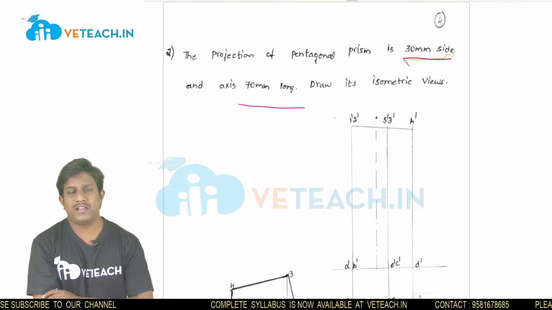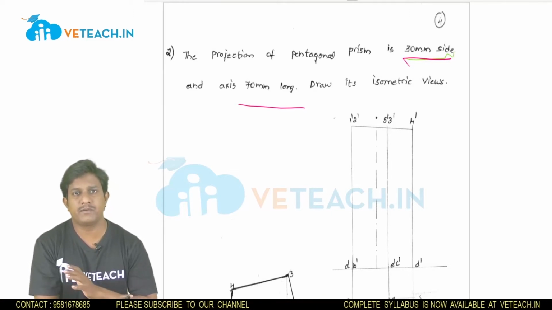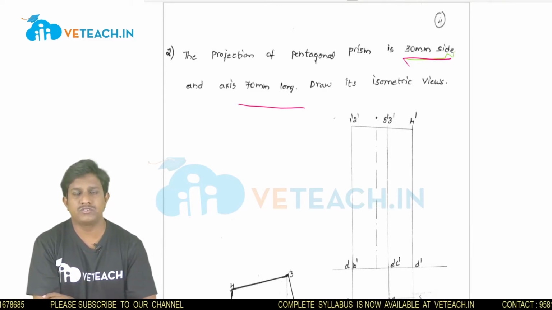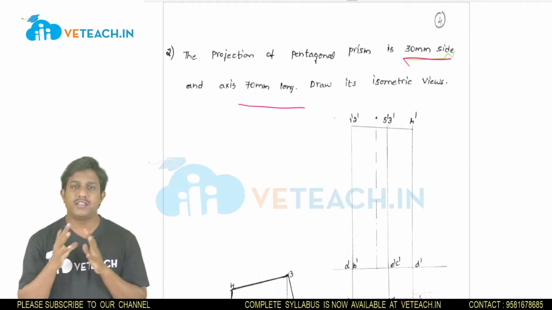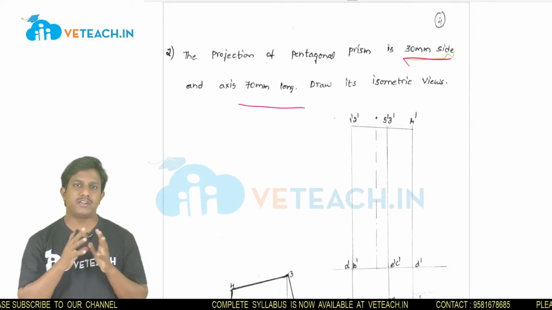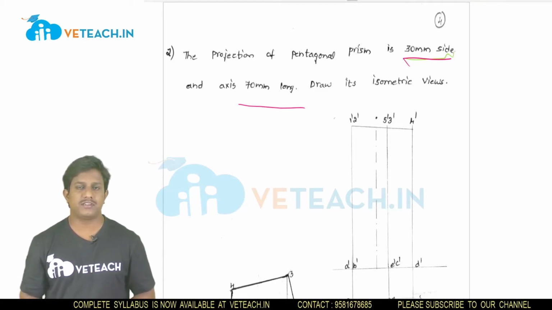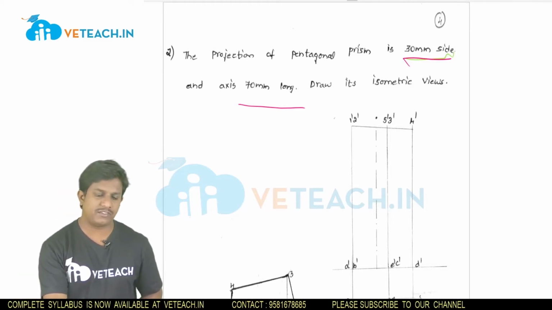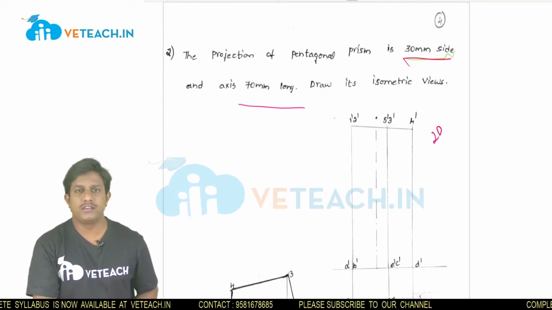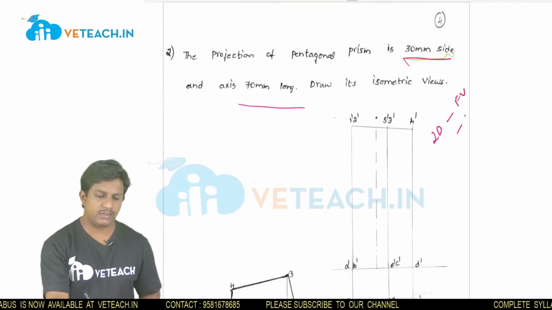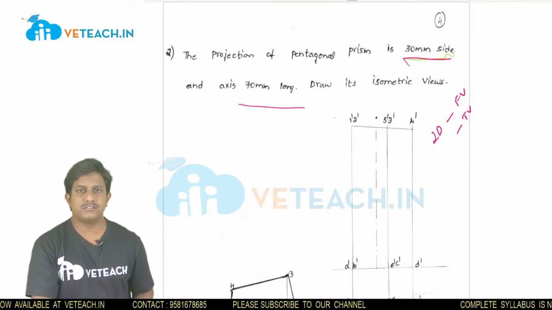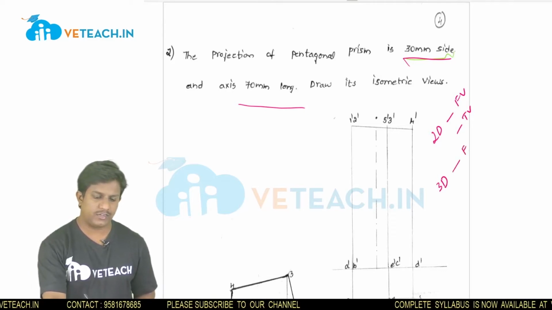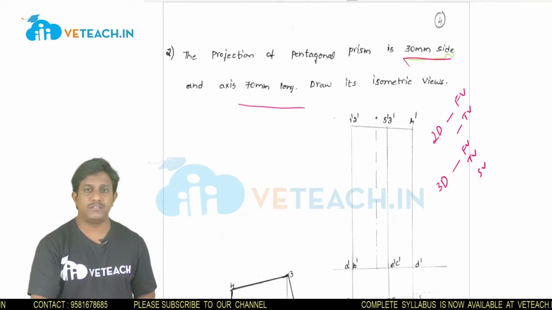In the previous class we solved problems on pyramids and planes in 2-dimensional only, but in isometric views we want to draw the diagrams in 3-dimensional. That is, 2-dimensional diagrams we have to draw in 3-dimensional, that is top view, front view and side view. In the previous concept we drew only 2 dimensions, that is front view and top view, but in this concept we want to draw diagrams in 3D, that is front view, top view and side view.